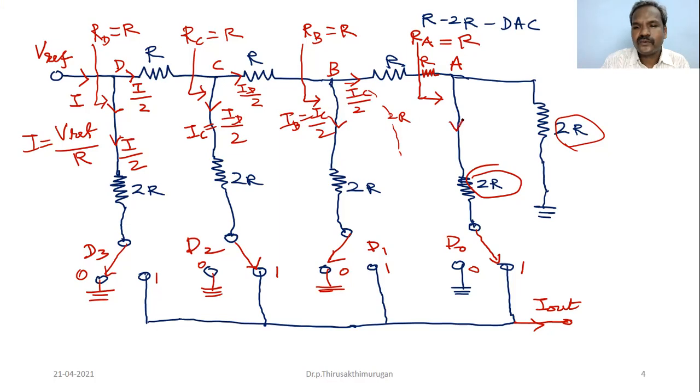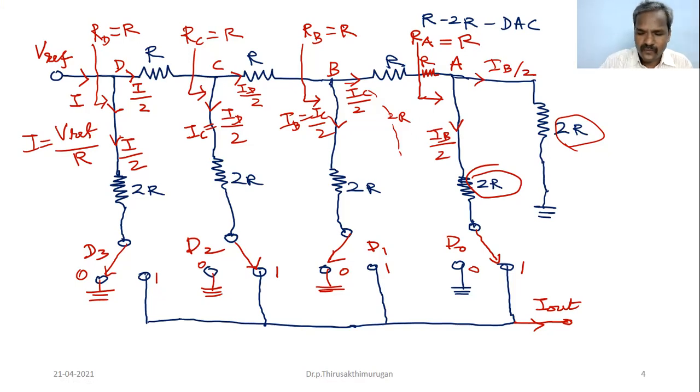So what is the current flowing through here? This is IC. So this, the IB current, sorry. This is IC, so this current is IB. So what is the current flowing through this, IA? IA equal to IB equal to ID. ID equal to I by 2. So similarly here IA equal to IB by 2. The current is equally divided, so it is IB by 2 here also IB by 2. Understand? So this is the equivalent resistor network along with the current passing through each branch.